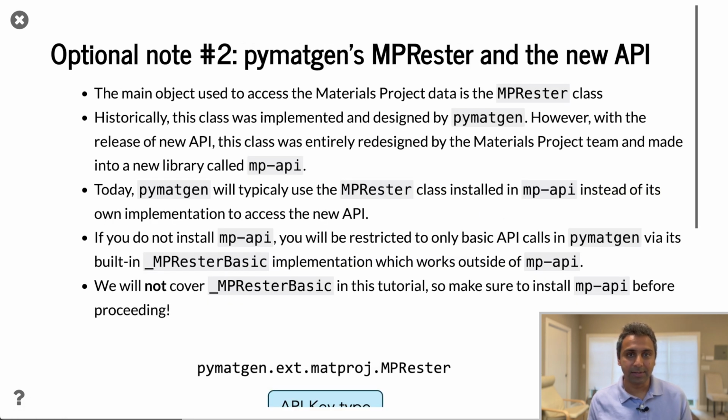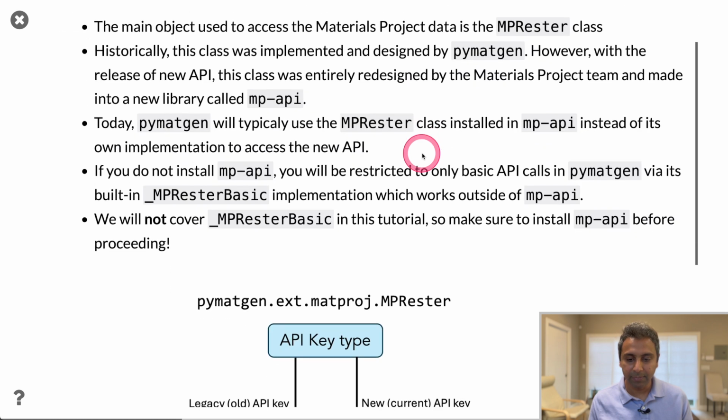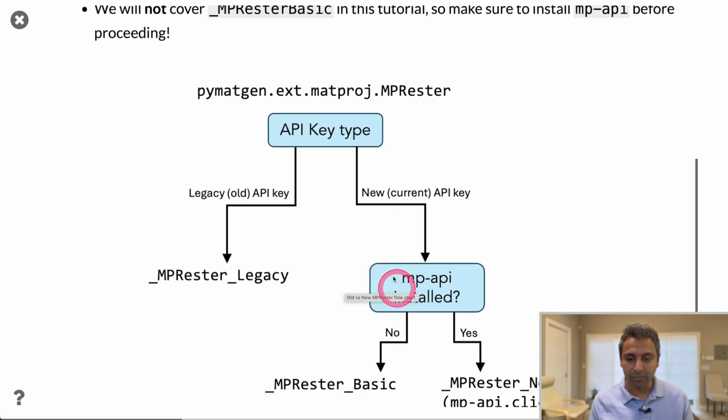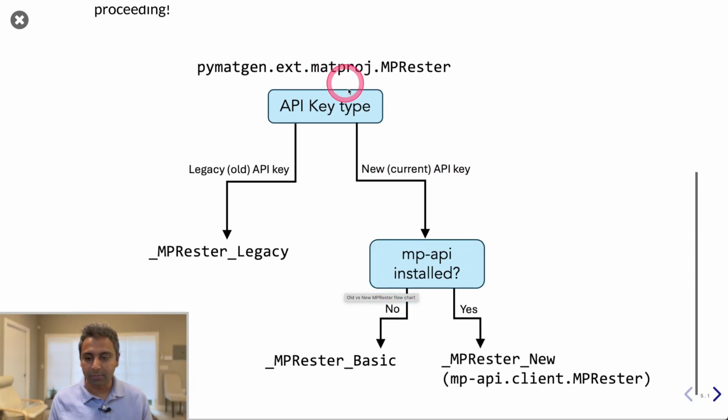The second quick note is about how pymatgen exactly interacts with the API. What pymatgen actually uses is a library called mp-api, a separate Python library that's maintained by the Materials Project team, and that actually does most of the work. Historically, pymatgen had an object called MPRester that was used to interact with the API. That was in pymatgen.ext.matproj.MPRester. Nowadays, with the new API, it largely acts as a wrapper for the MPRester object in mp-api. If that's confusing, don't worry about it. It's not really something that's important. The main thing that you need to know is that you do need to install mp-api for the new pymatgen